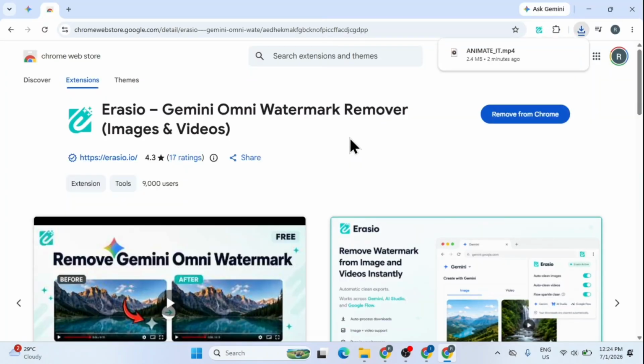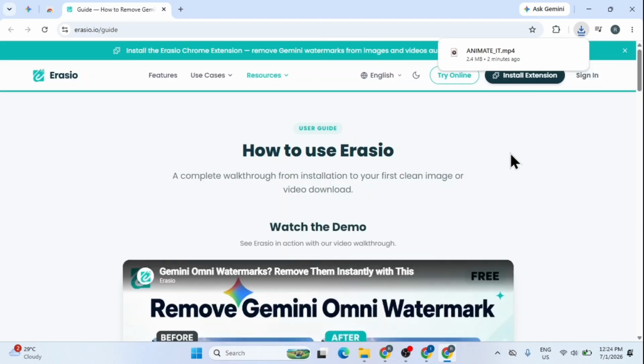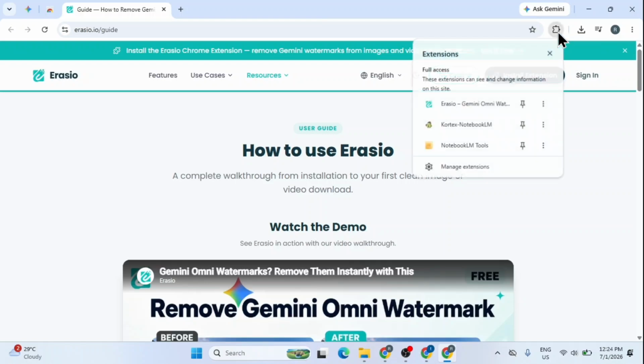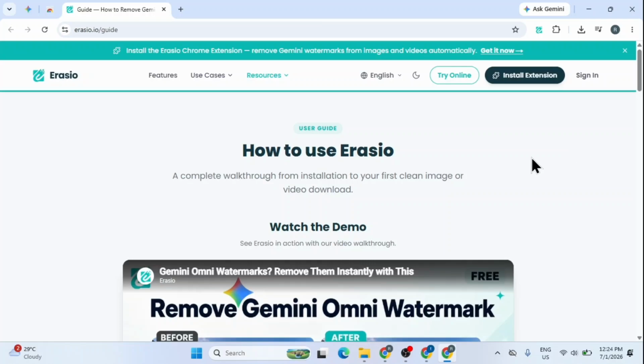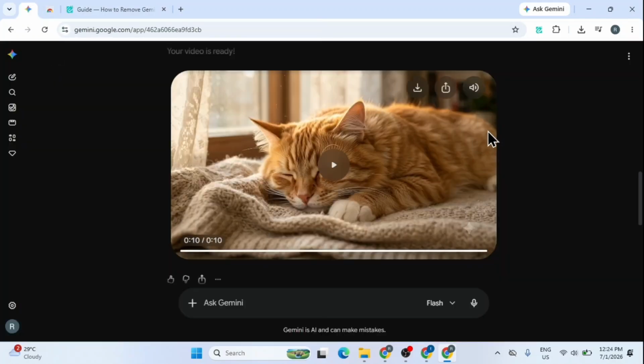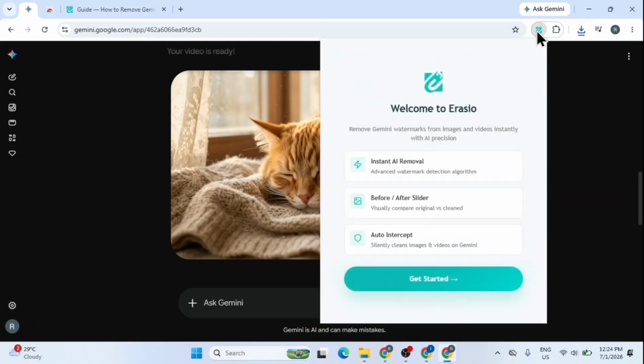Once the installation finishes, a new Guide tab automatically opens explaining how to use the tool. I'll click on the extension's puzzle piece icon in the browser's top toolbar, find Eracio, and pin it for quick access. After pinning, I'll jump back to my original Google Gemini tab and click the new Eracio extension icon to launch its interface. A clean, dedicated pop-up panel appears with an introductory screen, so I'll click Get Started to move